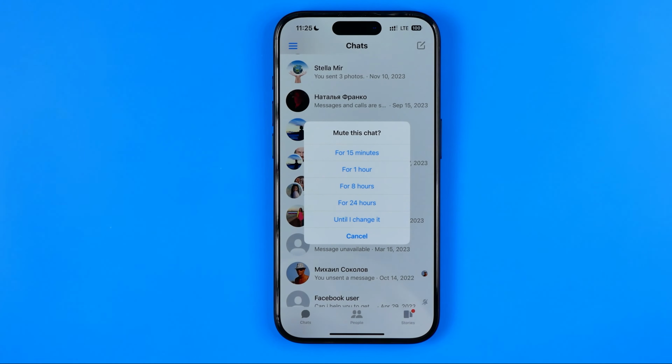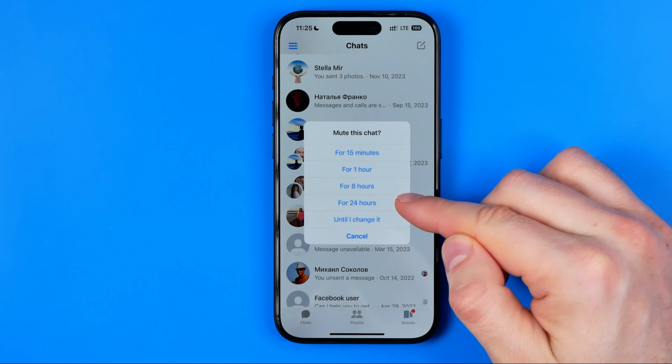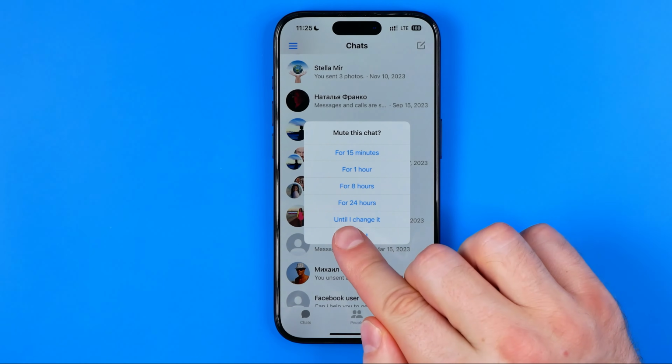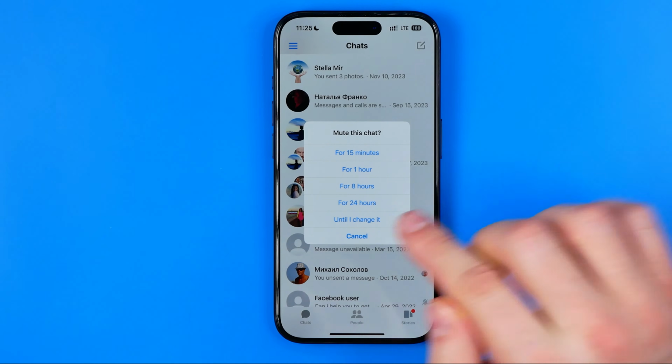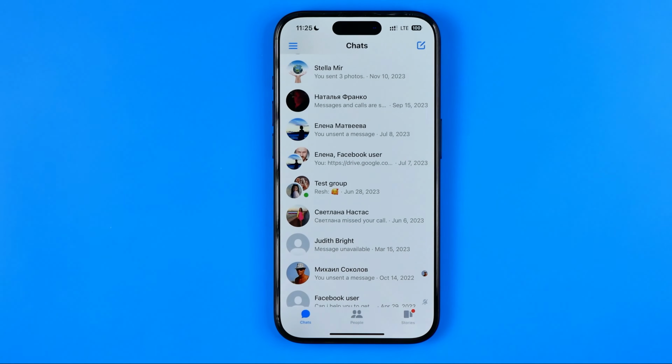this conversation. We can select from 15 minutes up to 24 hours and even until I change it. I'm gonna pick 1 hour. That's how we can easily restrict a group conversation on